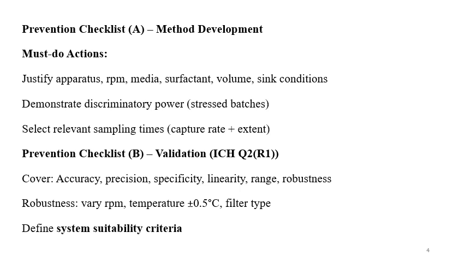Then prevention checklist B for validation. Validation is required to be done as per the principles given in ICH Q2(R1). It should cover accuracy, precision, specificity, linearity, range, robustness, and all the things that are required to be done on the validation front. I specifically suggest before and after validation, you should test your batches so that you will know what